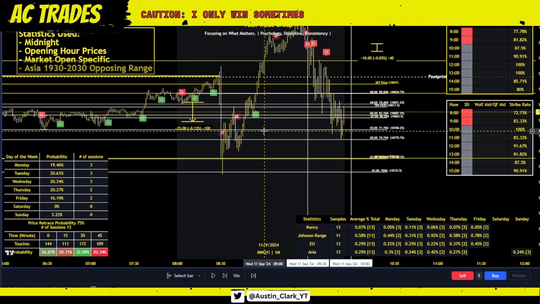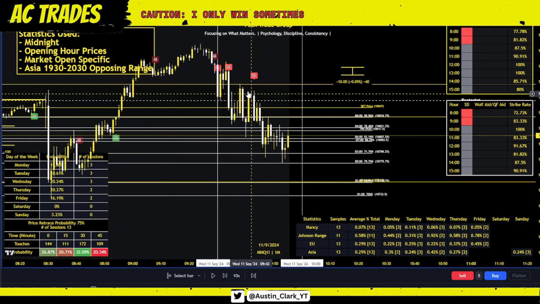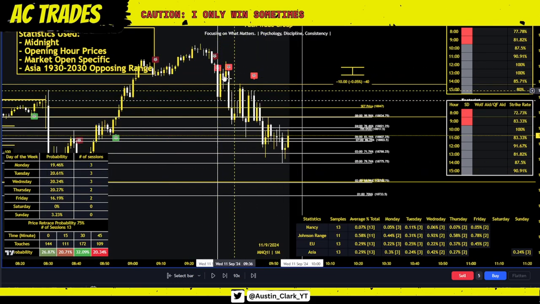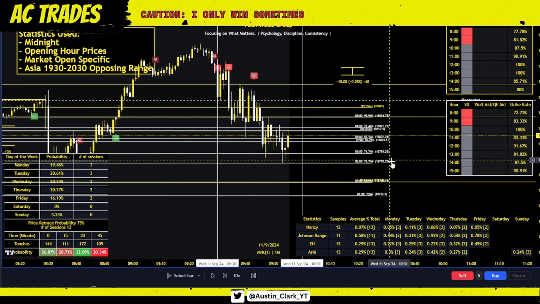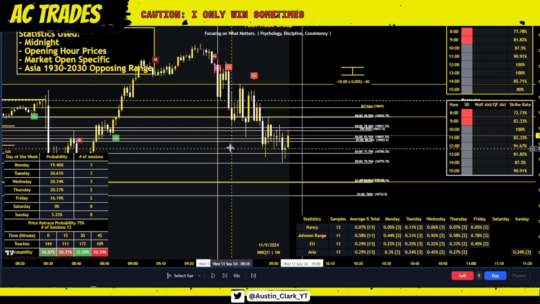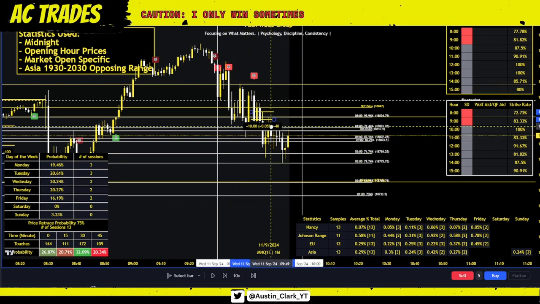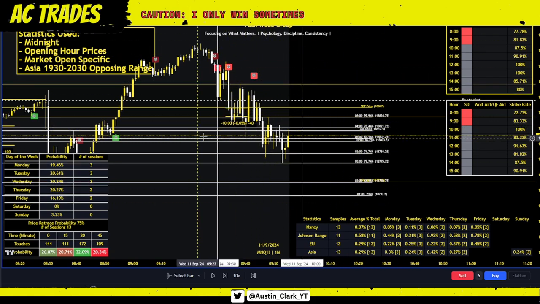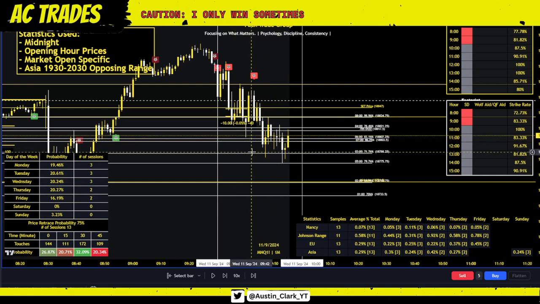Okay, and so same thing right here. I don't care how many times we retrace right here. Starting at market open, if we're overextended once again above all of these opening hours, you best believe shorts are my go-to. That's what I'm looking for. And so we had a 0.5% high probability short right here. And then we get another one right here at 9:43.